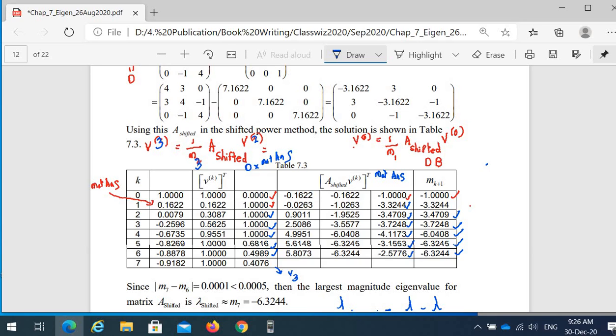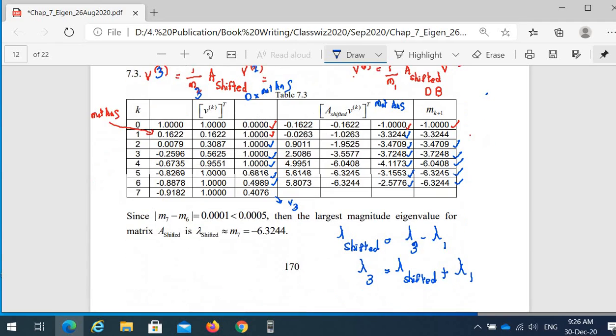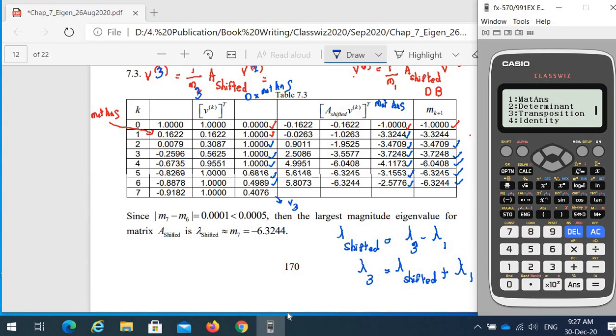So the process is repeated until the modulus of MK plus 1 minus MK is less than epsilon. Okay, and the last eigenvalue here, this one, is the lambda shifted. And we want to get lambda 3, which will be lambda shifted plus lambda 1, and its corresponding eigenvector V3 is the last eigenvector. Okay, that is it. Thank you for your